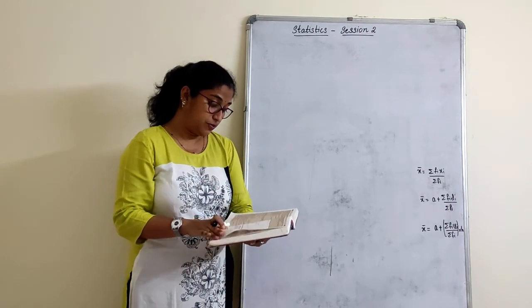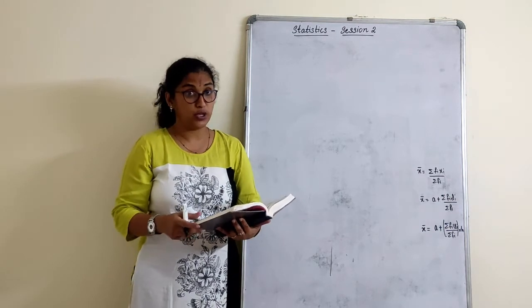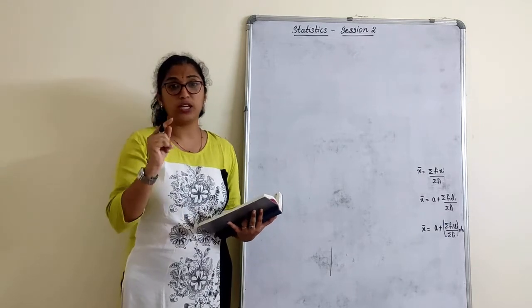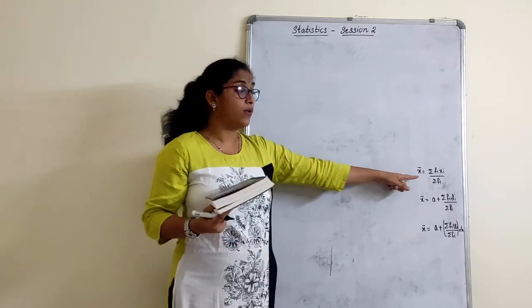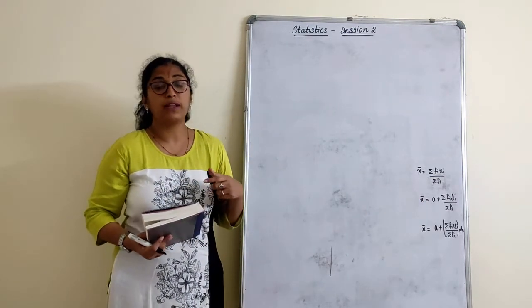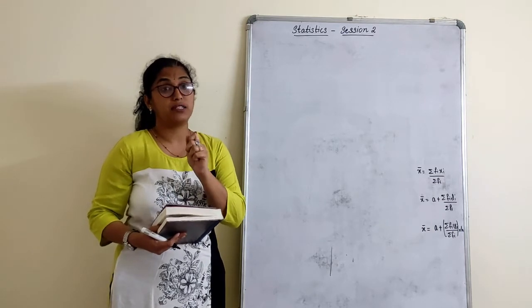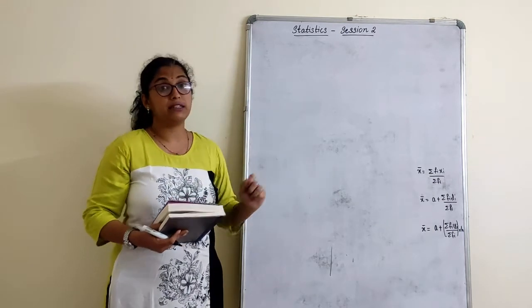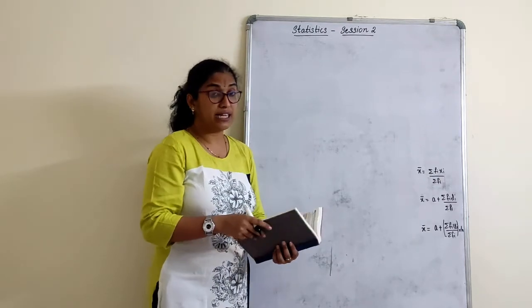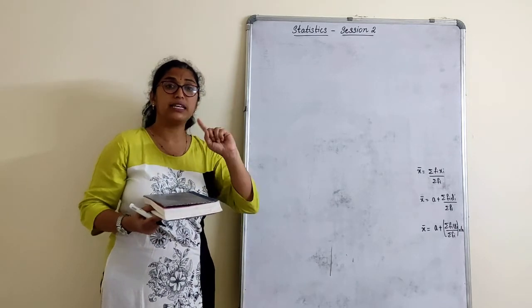Totally in the first exercise, there are 9 questions given. We will solve at least 4 to 5 sums with each method. I'll solve one sum with the direct method, one with assumed mean, one with step deviation. One example I'll give you, and the remaining are going to be homework, so that it will be good practice for you to understand how to apply these methods. So the very first sum. We know that the direct method is usually used when the given data is very small numbers, easy for us to calculate.